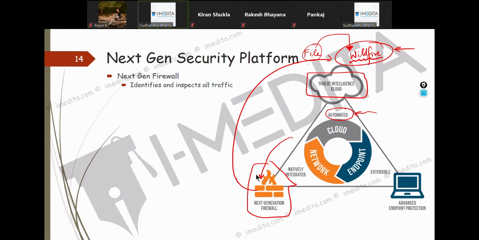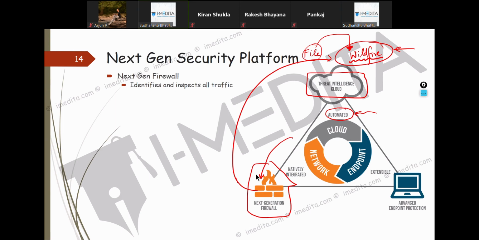Basically, suppose I try to download a file which may be a spyware or a malicious file. It can submit it to the cloud. Now, some people might get scared here, like, why are my files getting out onto the cloud? It's optional. It's up to you to configure. If you don't want it, you can have a WildFire appliance on premises as well. We'll discuss that in detail when we discuss WildFire.